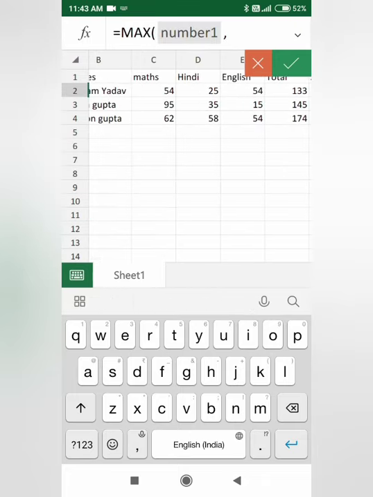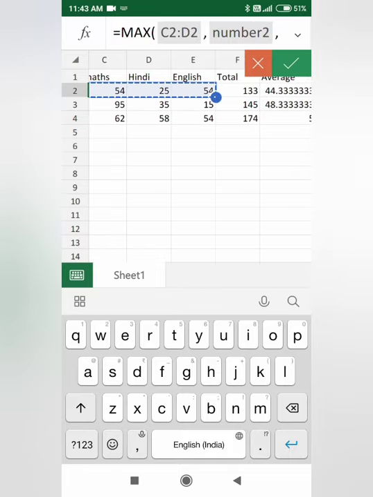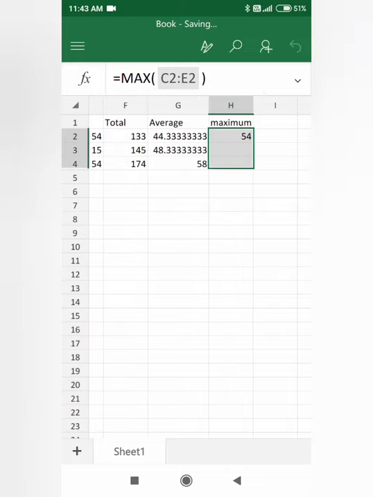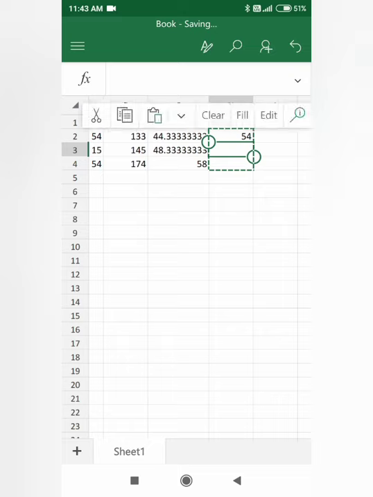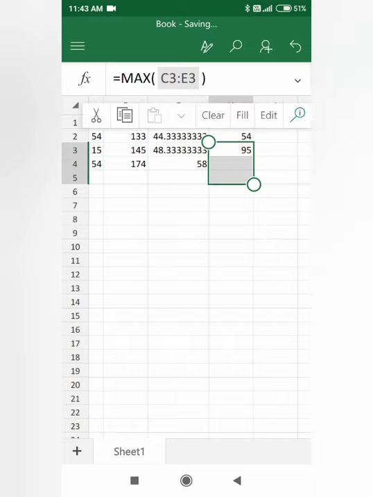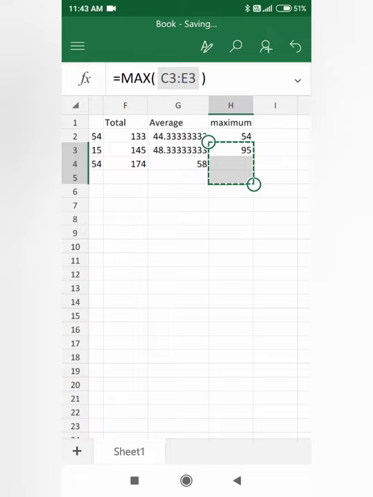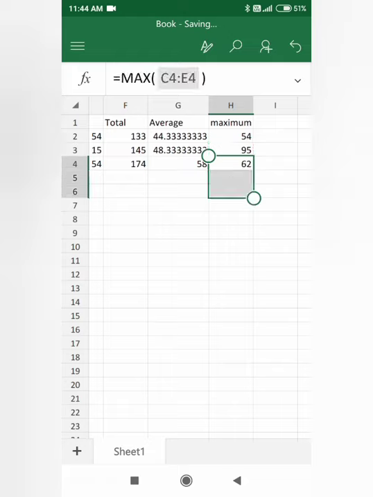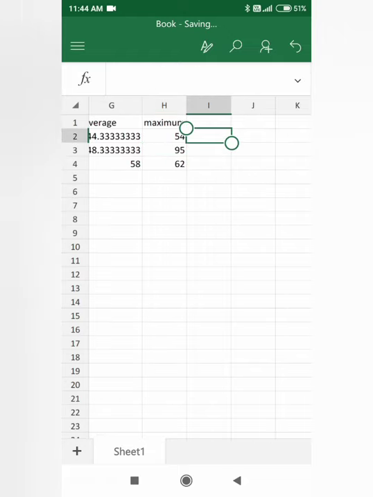You have to select those three subjects for which you want the maximum number, and we click yes, we get the maximum number. We have to copy this formula. You can directly take the maximum number in auto sum, otherwise you can use this formula.